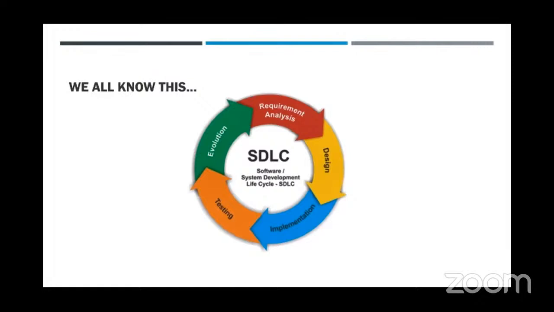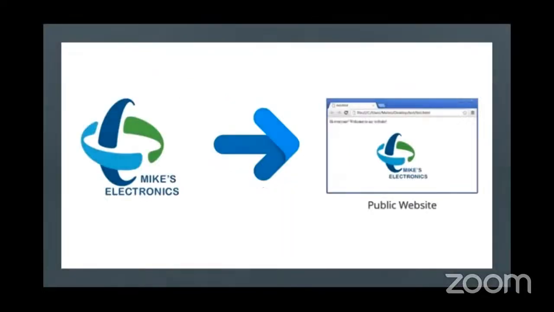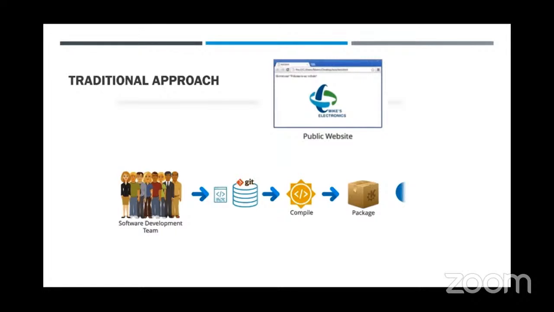But before we understand how it is done through CI/CD, we have to understand how it was done traditionally to understand the beauty of CI/CD. Suppose we have a website called Mike's Electronics website. Okay, and there's a team of software developers who have finished their code and they are ready to deploy it onto the servers, right? But they can't directly deploy it. They have to complete a lot of tests, and the code has to pass all the unit tests and integration tests. Okay, so how does it happen in the traditional way?